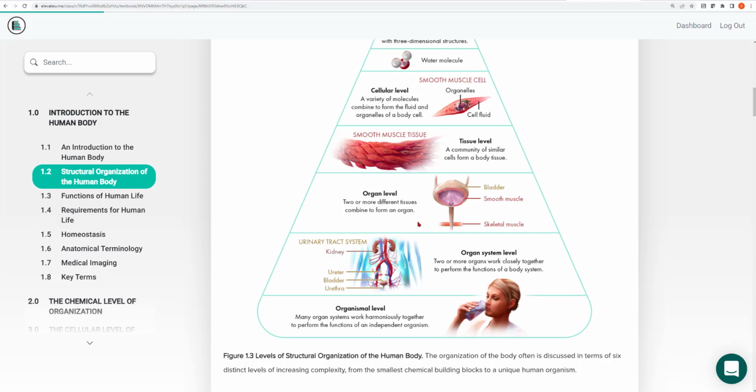And then what makes up organs? Well, organs are made up of tissues. There are 4 different types of tissues, and we'll be studying tissues a lot in Lab 2 as well as in Chapter 4. There are muscular tissues, nervous tissues, connective tissues, and epithelial tissues. These tissues are composed of cells. So cells combine to make tissues, and that's where we're going to be today.